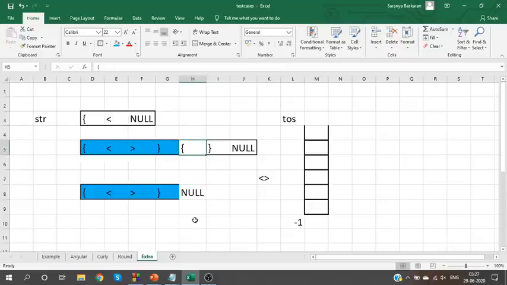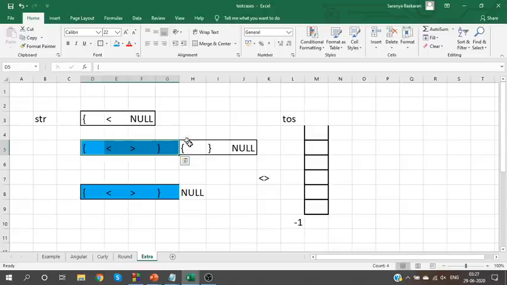So here also, we should get the output as compilation error. But our program will give the output as no compilation error because as far as I've checked, brackets are balanced. Flag will be 0, stack is empty. So we'll naturally say it has no compilation errors.